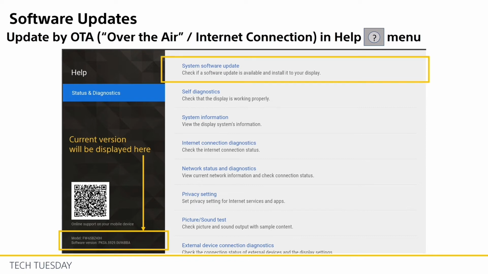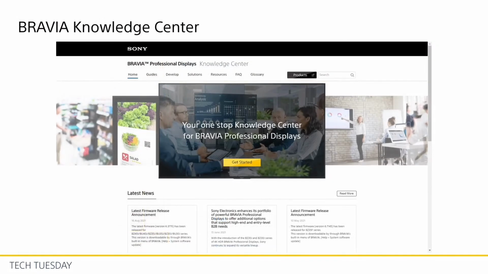And then if you select the system software update, it will go out and look to see if there's a new software update available for the display. If there is, it'll prompt you to install it. If there isn't, it'll tell you that your software is up to date. The other way to do it is via USB. Once again, I'm going to refer